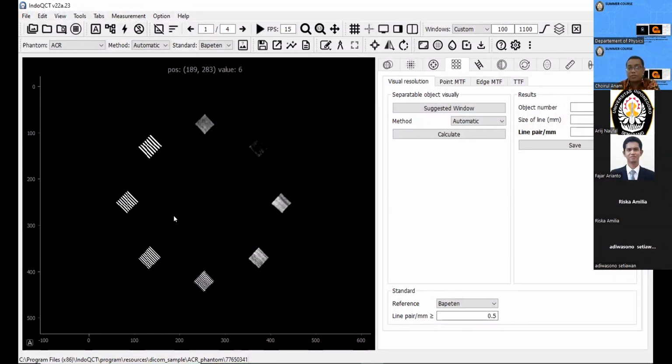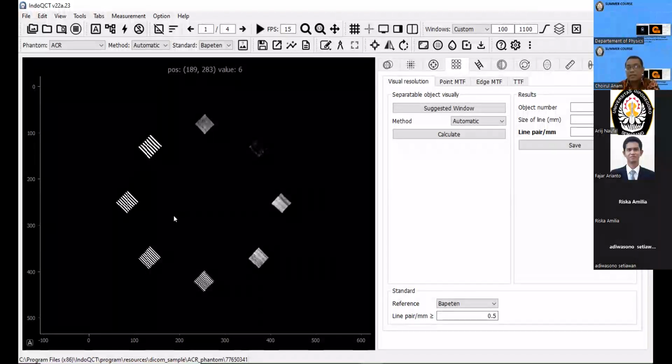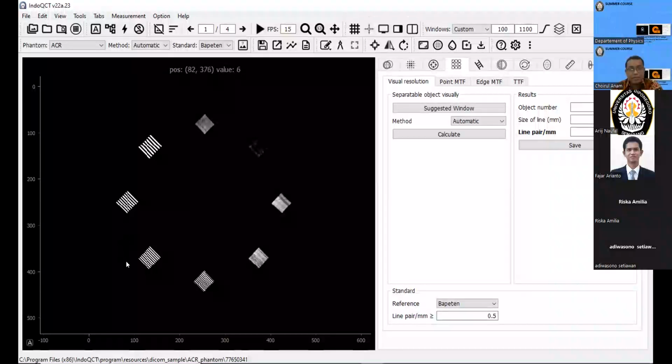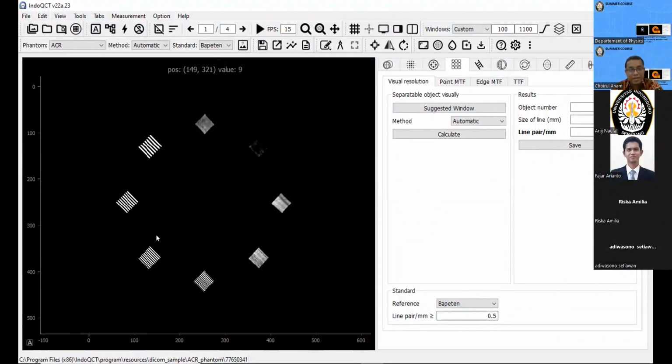How to measure is by using observation. We count the number of objects that can be separated visually. This one is number 1, of course this object can be separated. This is number 2, we can also separate it. Number 3, we can also separate.